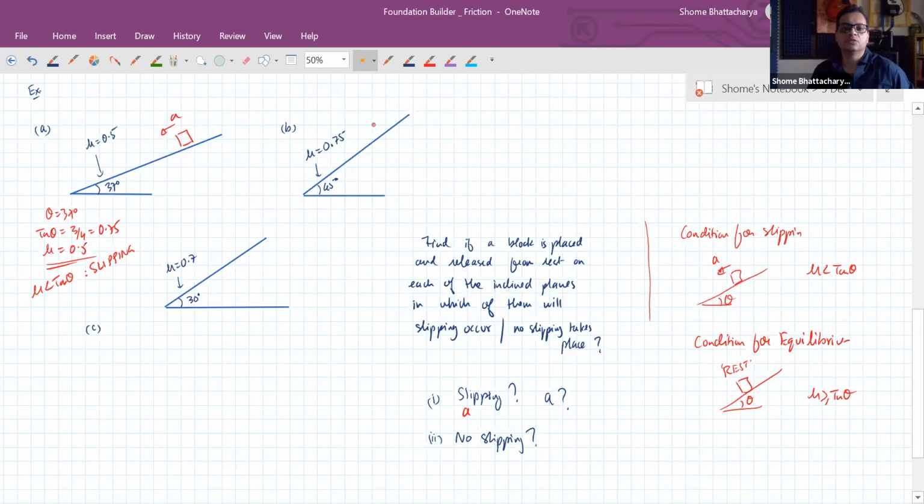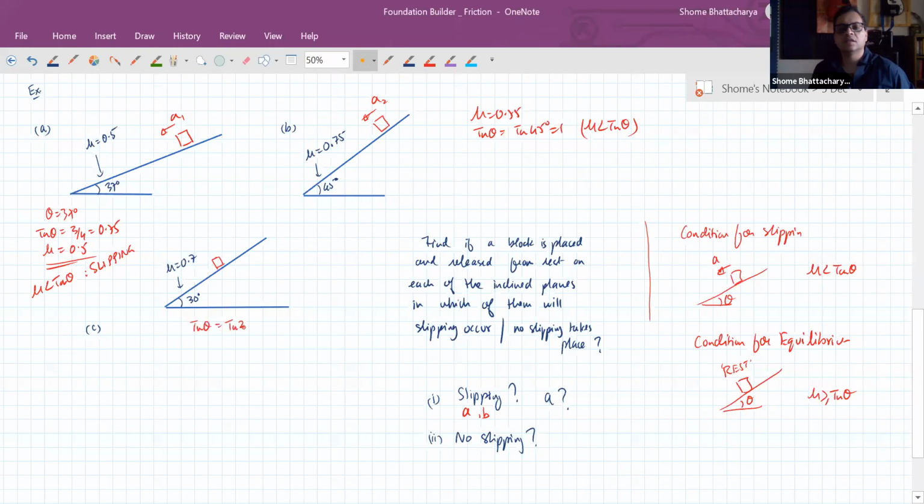Okay. In case of B also, what will happen? Slipping will be taking place. Because again, mu is 0.75 and tan theta is tan 45 degrees, which is 1. So mu is less than tan theta. So in B also slipping will take place. Okay. Similarly, that's correct. Very good. Third case, you see, when you place an object here,